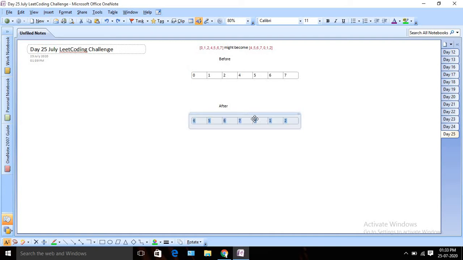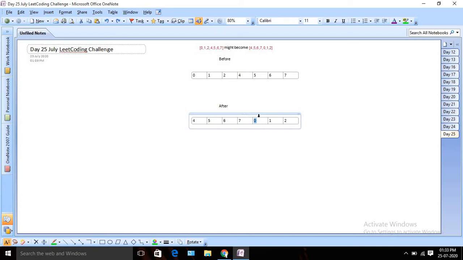And from this array, you need to find the minimum element. The advantage is that the array is still sorted, but we don't know from which location the minimum, or the starting point of that sorted array, is located right now, okay? So how can we find that? Basically our goal is to find this location, right? From where I can know that all the numbers to the right side after this number will be larger, and on the left side all will be smaller, kind of thing, right? So how can we do that?